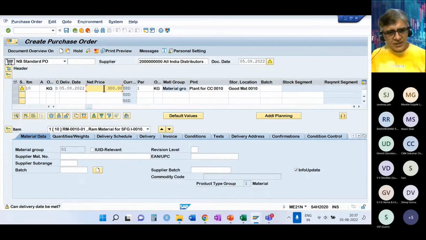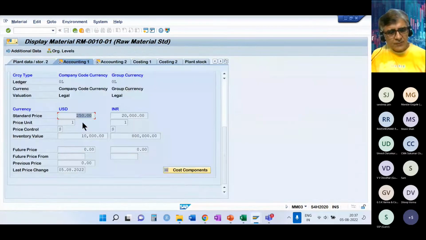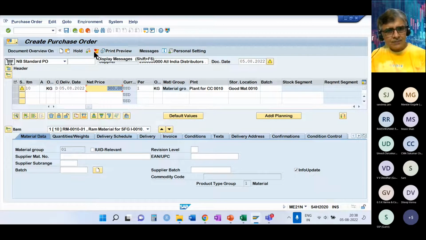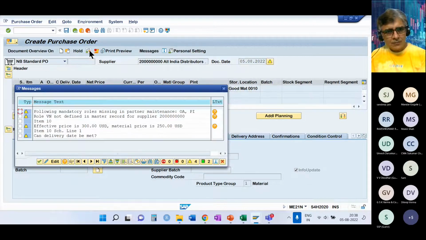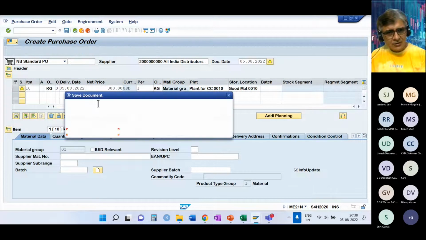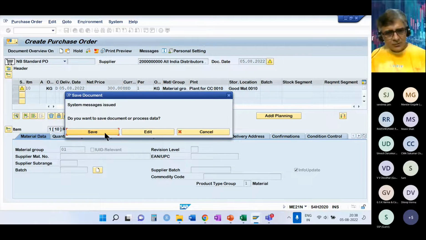But I'm purchasing it at 300 rupees. So I'm paying 50 rupees more. Which is why it was giving me a message that there's a difference between these two prices. And it is asking me, can the delivery date be met? Because I'm asking for delivery on the same date. So SAP is just asking a smart question. Some warnings, but tolerable, I'll say.